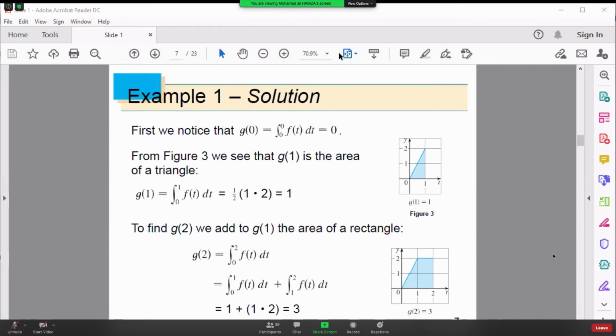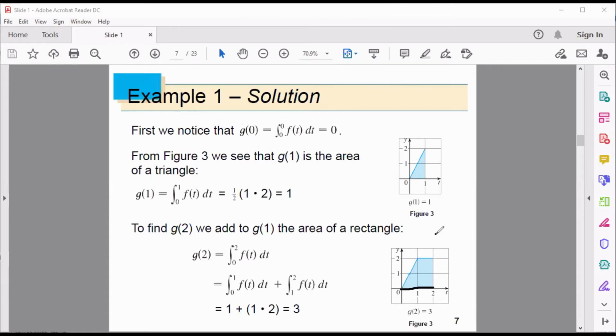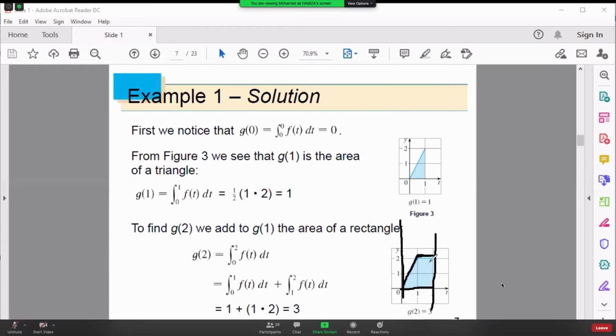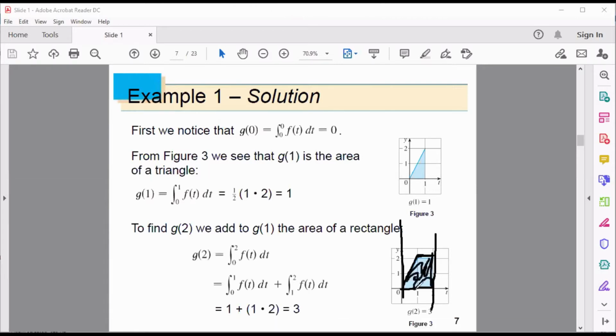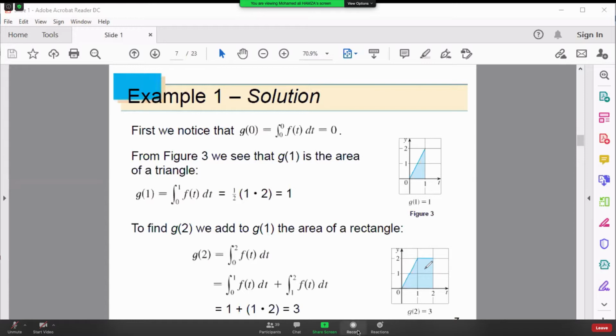We have to evaluate the area when this is one side. This is another side because we finish at 2. This is the third side. And the last side is the graph of the function. Then we try to draw this area, to evaluate this area. This area is equal to what? When we look here, we can see this area is equal to the area of the triangle plus the area of the rectangle, which means,